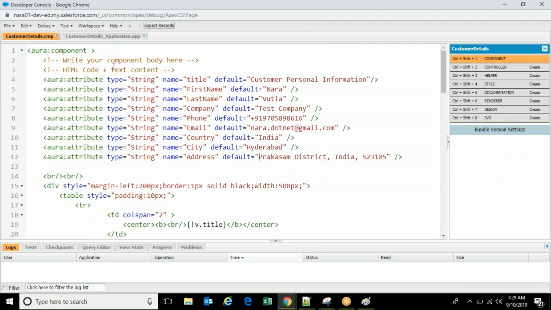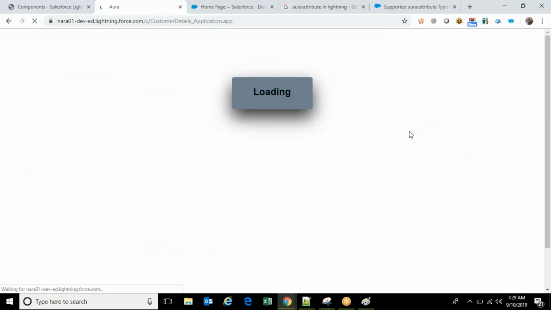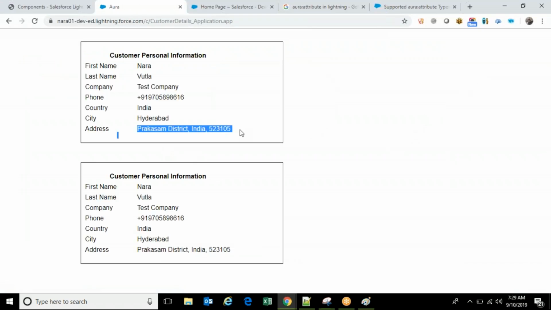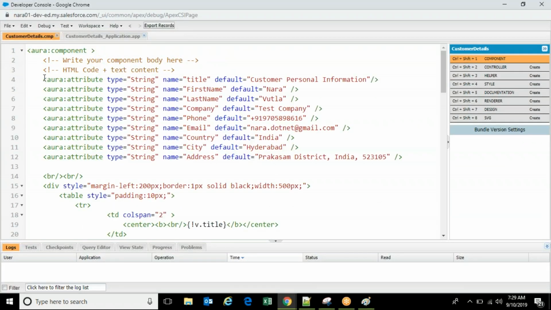Save it and go to your application and preview. You can see the differences. See, there is no change in the UI, but the values are coming from attributes. So we're just defining attributes for that. So these are the attributes. The main purpose of attributes is